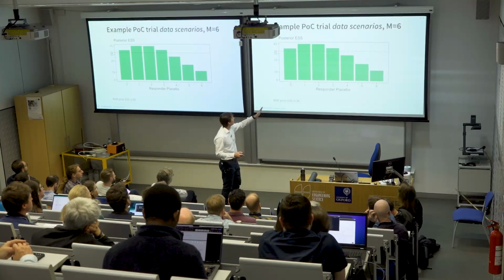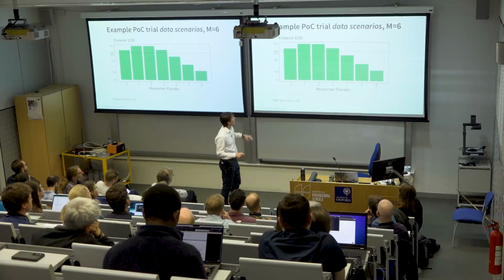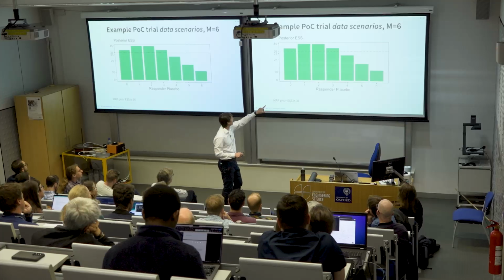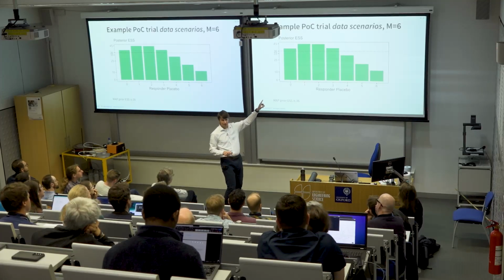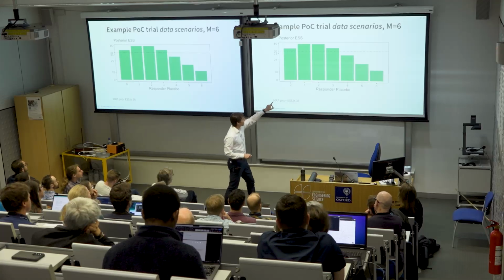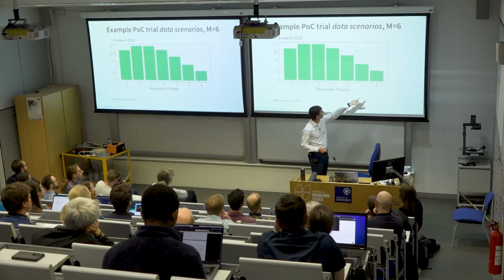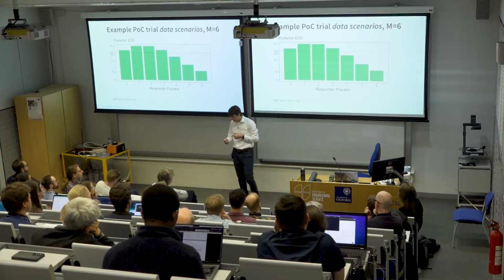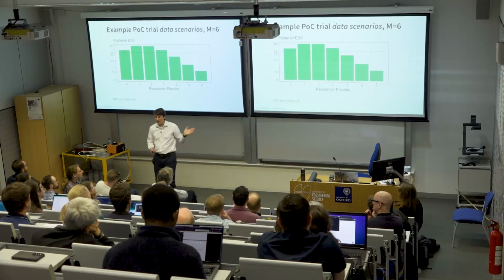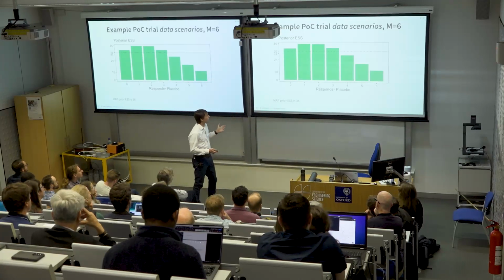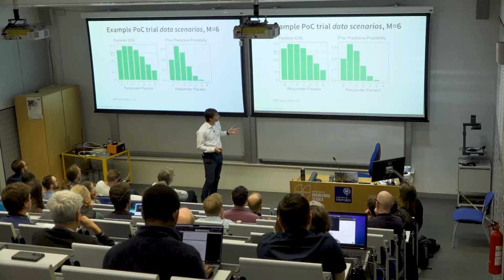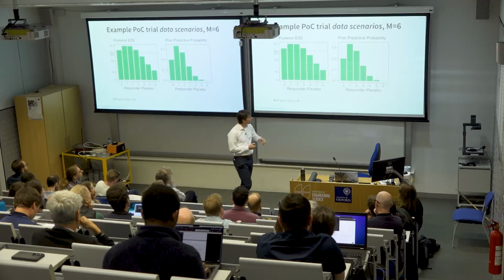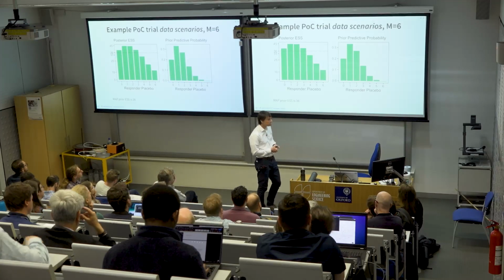And on the y-axis, we see the posterior ESS. So if I have one responder in response, that's basically what I would expect, then I get a posterior ESS of 45, which is more than 36. If I get something which I would actually not expect, then I'm in a confused state. This is what's happening. So the posterior ESS would be then below 36. And actually this is the prior predictive probability distribution, in terms of which outcomes you would expect to see given your MAP prior. So seeing 6 is something you would not expect.